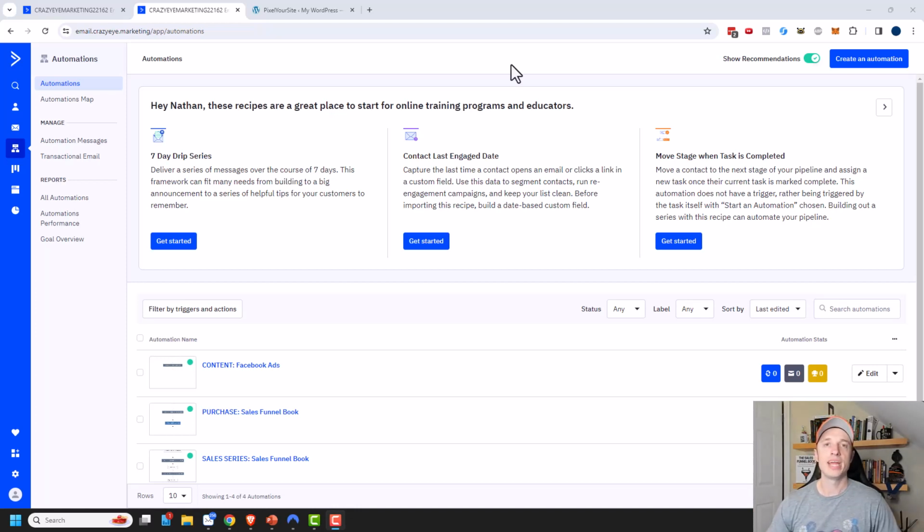So here we are in ActiveCampaign, and to get to the automations area, you just come over to the left-hand side and click on automations. And now we're under automations, and in order to get started creating automations, you can click on create an automation. Additionally, there are some recipes that they've already created, and some of them are kind of useful,